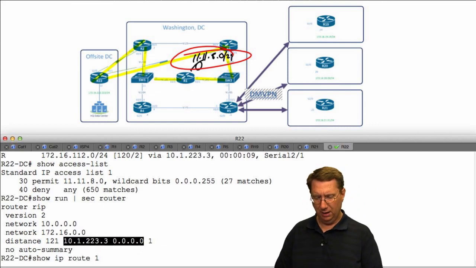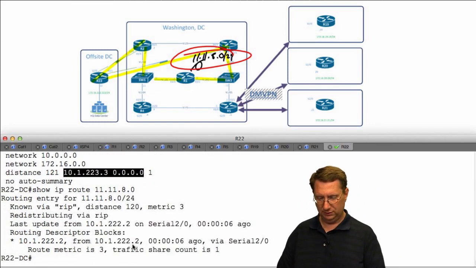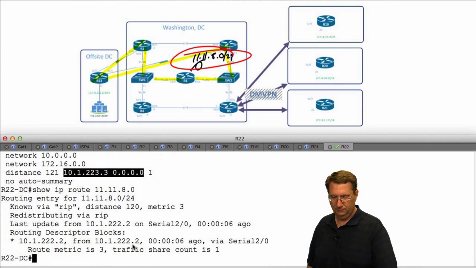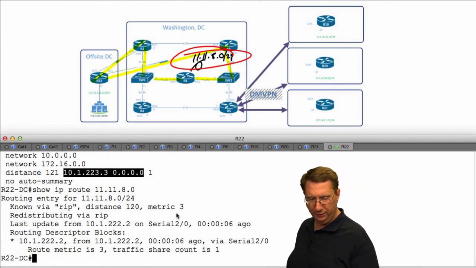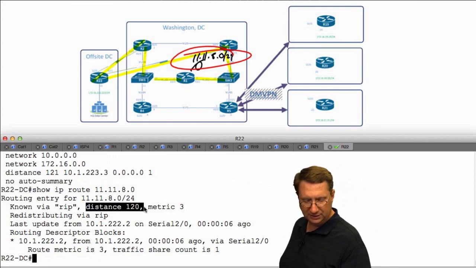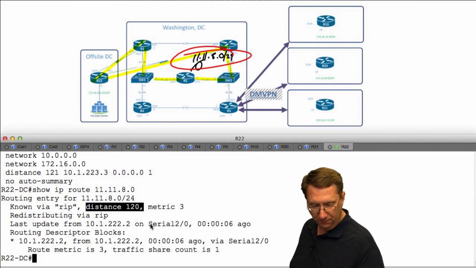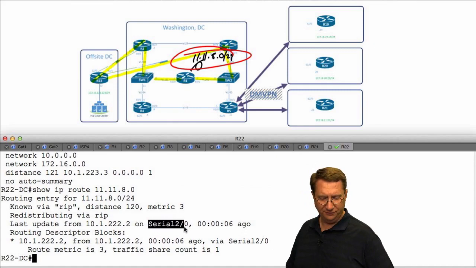Show IP route 11.11.80 and see what we see. Well, look here. We only have one route in here, distance 120, being learned from R2. So it's gotten flushed out of the table. Show IP route